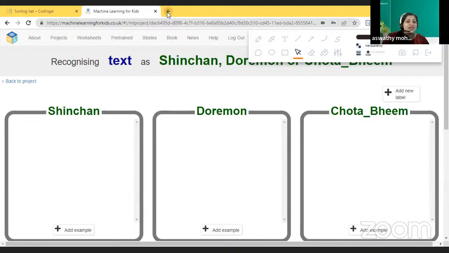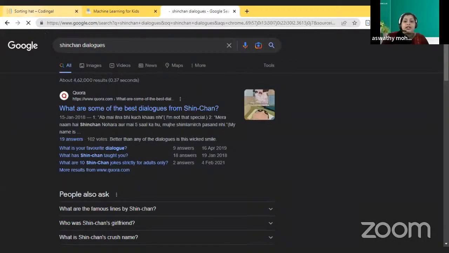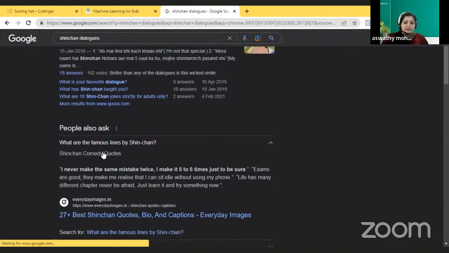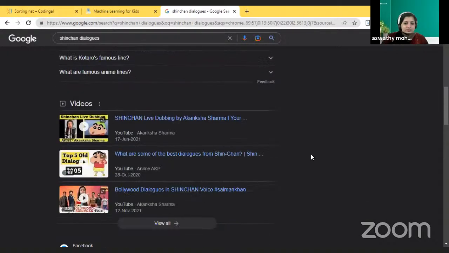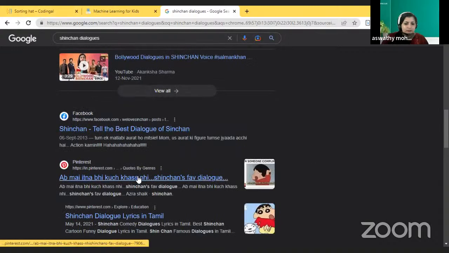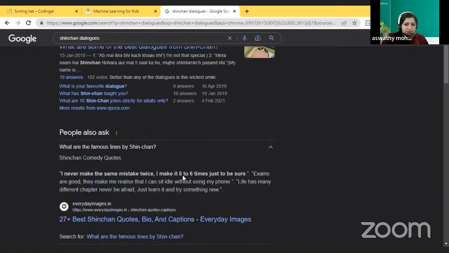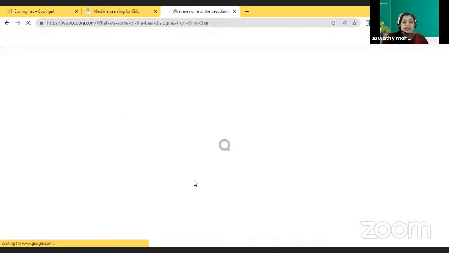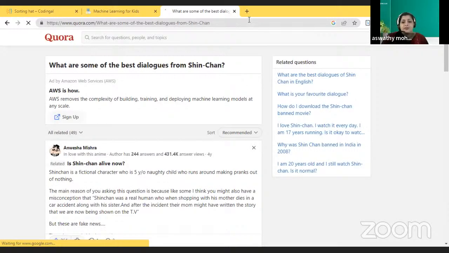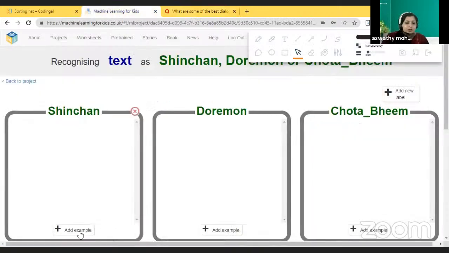Okay, now first we should get Shinchan's dialogues. So I'll just search for Shinchan dialogues. Those who know any dialogue of Shinchan can tell me, we can train. Any dialogue of Shinchan. Not getting any dialogue. I'm just taking some from Google. Okay, if you know anything, you can give me. Okay, "मैं इतना खास भी नहीं." Okay, let us take that. So the first dialogue will be